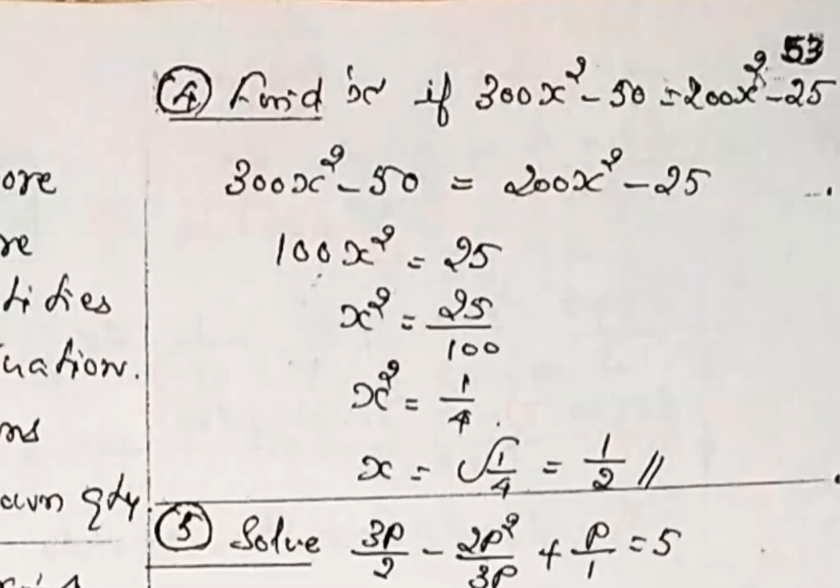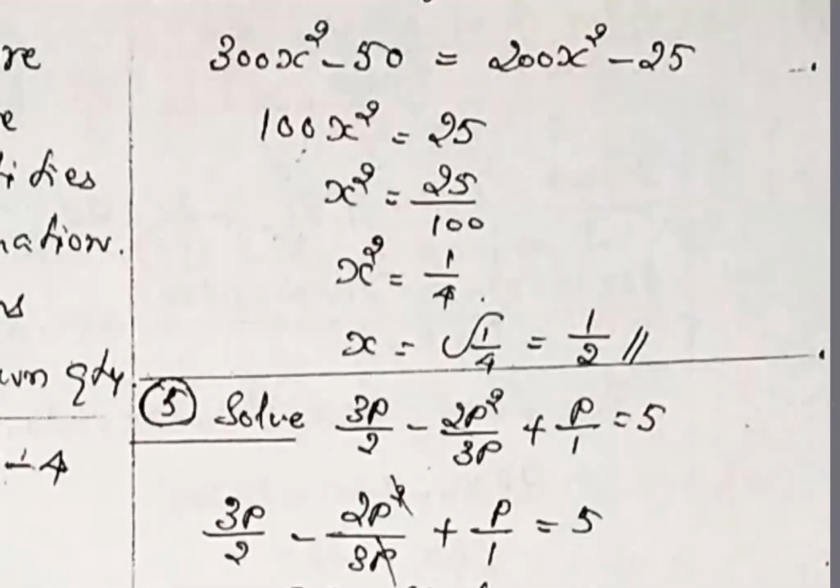I already told you, a quadratic equation means you will get two answers. Here I have written x as 1 by 2. It can be plus or minus 1 by 2. 1 into 1 by 2, you will get 1 by 4. Similarly, minus 1 by 2 times minus 1 by 2 is also 1 by 4. But in my problem only one answer is available. Minus 1 by 2 is also another answer.